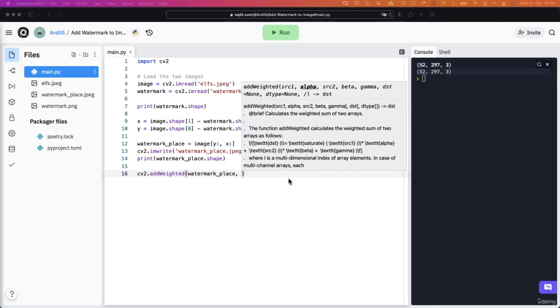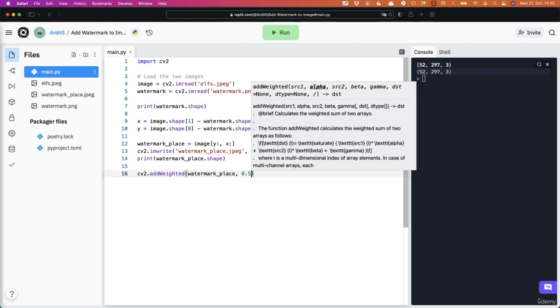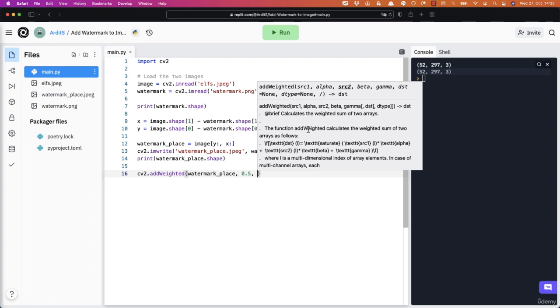Alpha is the first weight for the first image, in this case watermark place. So we are blending two images, and the output is a mixture between both. So you want to specify which of them you want to put more weight on. We want a mixture, so I would say 0.5 for alpha, and then we have source number 2,